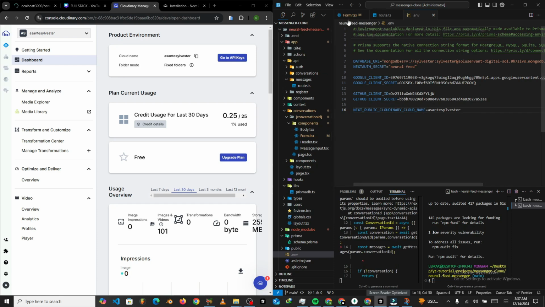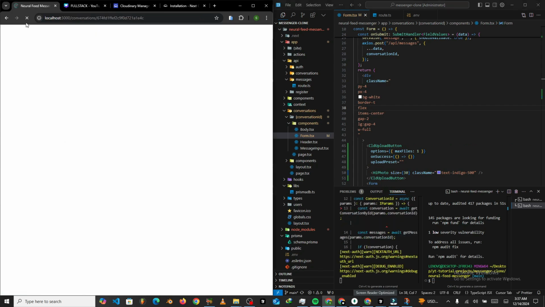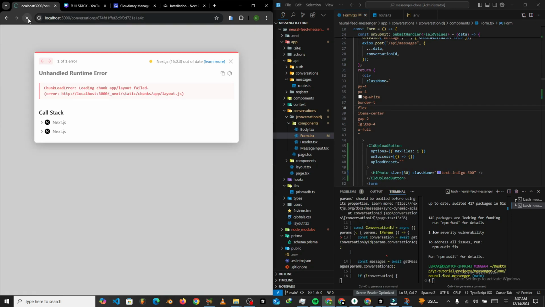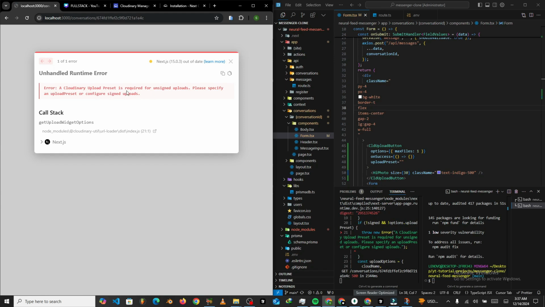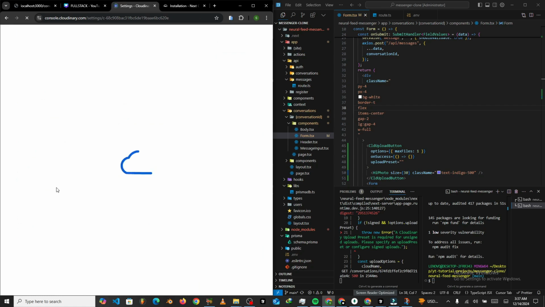If you are not sure, you can just come to the form and save one more time, and you can quickly come and refresh your page, right? So let's just refresh one more time. Okay, it says yeah, the upload preset, so we need to work on the upload preset. For the upload preset, we'll come into the settings over here real quick, and inside the settings,